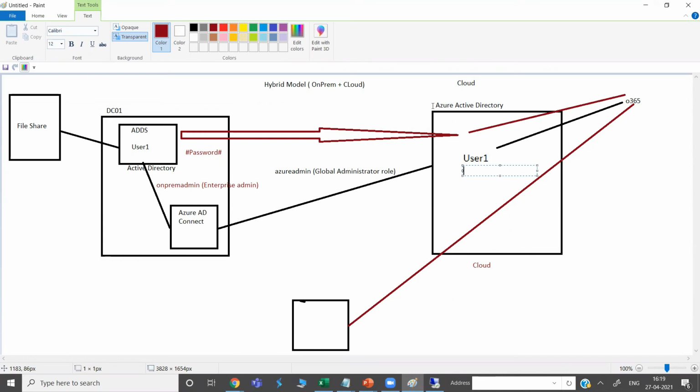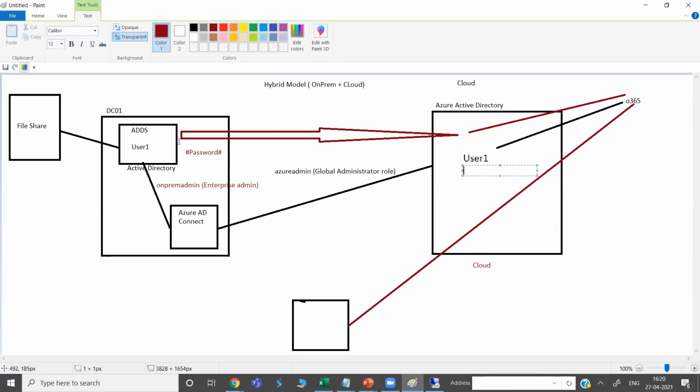Because in some organizations, people are concerned that authentication is happening at the Azure Active Directory level in the cloud, and the password is also moving in this case. They do not want to leave the password in the on-prem environment here. So in that case, we have a different sort of authentication, where the password will remain here. Suppose you are putting in the username. For the password authentication, the session has to travel here, and then the password gets authenticated. So this is the simplest way of authentication, where the user is also getting replicated.